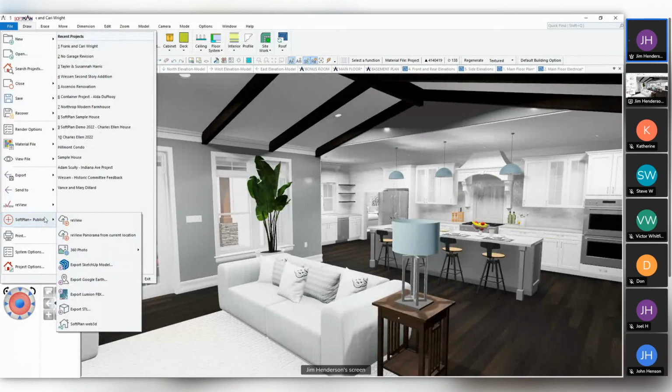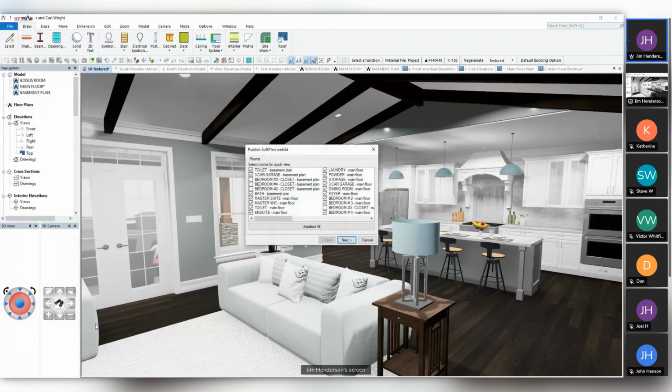Okay, and a new tool that was released only a few months ago is the SoftPlan Web 3D. Now when I click on that, so I just went to File and Publish and SoftPlan Web 3D. Here I can actually go in and publish this according to rooms. I'm going to unselect all of them at this stage, but I could certainly pick a specific room that would allow them to jump to, or I could hand pick one or do them all,